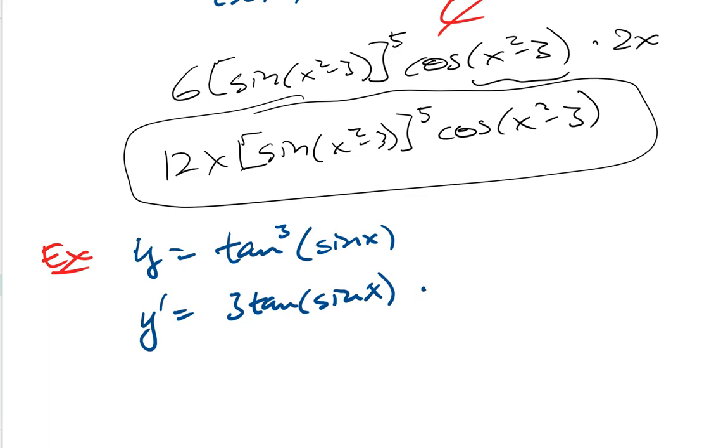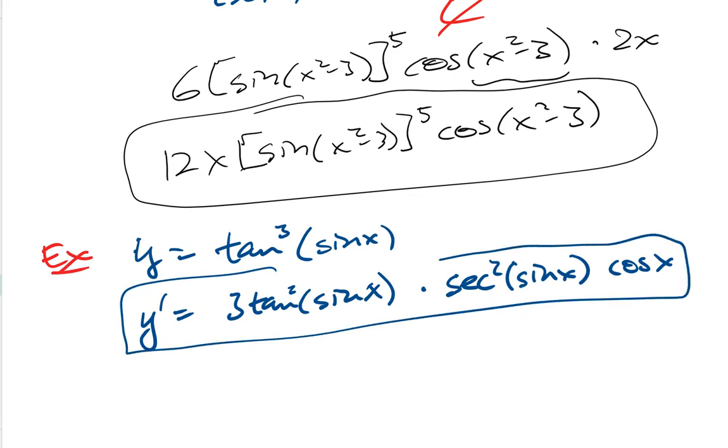And then you take the derivative of the inside. Well, now, oh, hang on, it's now tangent squared. It's 3 tangent squared of sine x times the derivative of tangent. So that would be secant squared of sine x. And now you take the derivative of sine x, which is cosine x. And that's pretty much it. That's the answer. You really can't